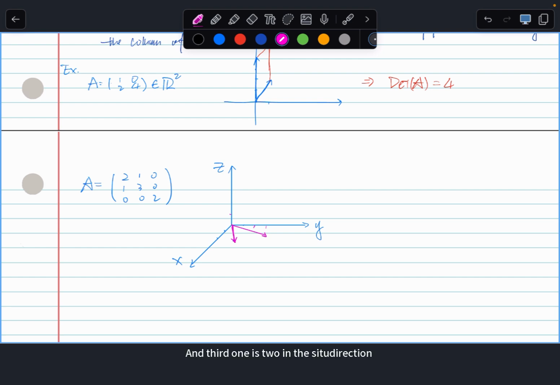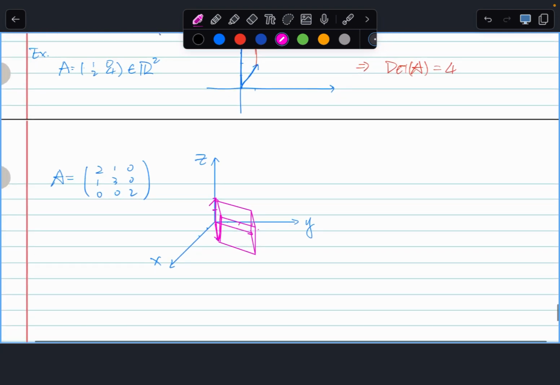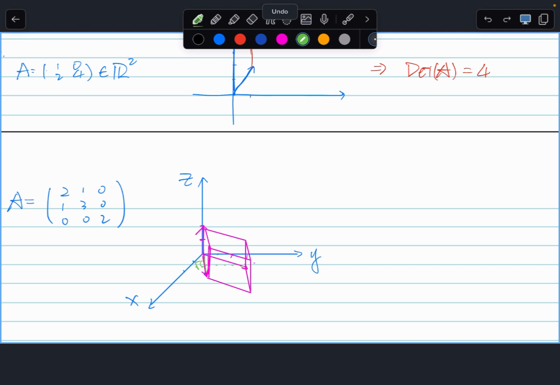And third one is 2 in the z direction. Okay. Now the volume in this case is